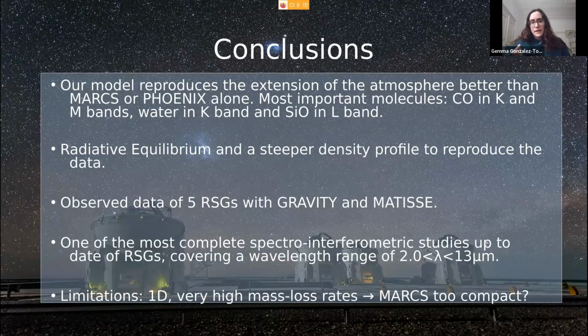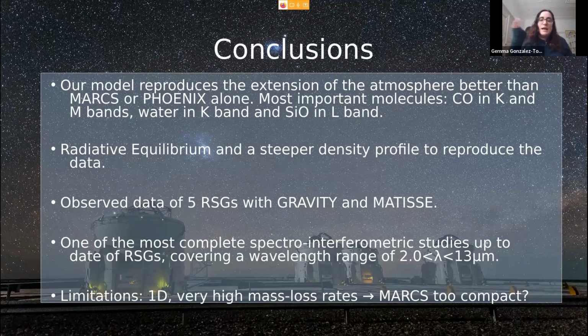And basically, we see that the radiative equilibrium can better reproduce our profile, our spectra. This is because when we include this bump in the temperature from the chromosphere, we're going to have the CO in emission, which we don't really observe in our observations. This is true for this wavelength range, but as we said, it could be that in the optical or in the UV, we would have to get a higher temperature in the chromosphere to